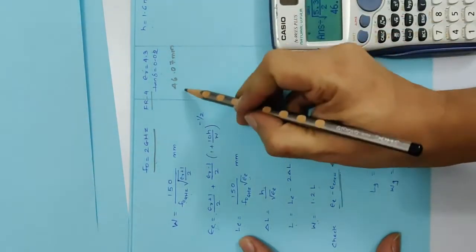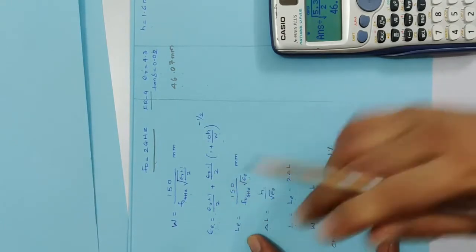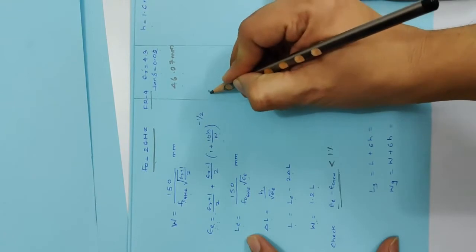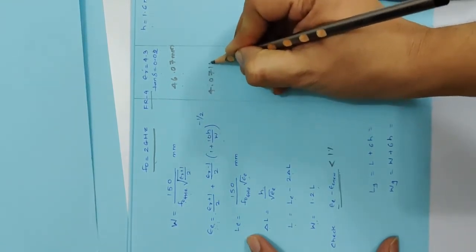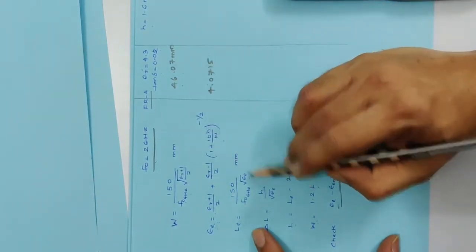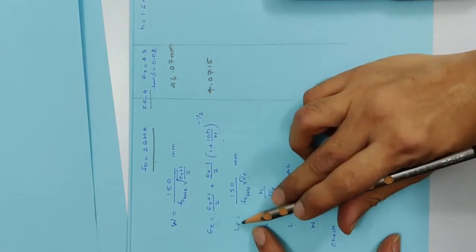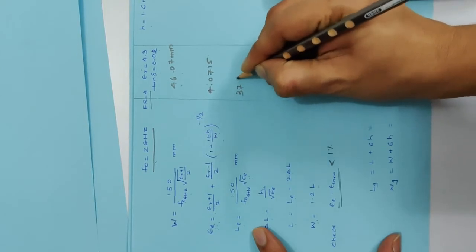So we'll be substituting this 46.07 mm over here and we'll calculate epsilon E. So it turns out to be, after calculation you can check, 4.0715. Now we'll substitute this epsilon effective, that is effective dielectric constant, and we will be calculating the effective length. So that turns out to be 37.17 mm.